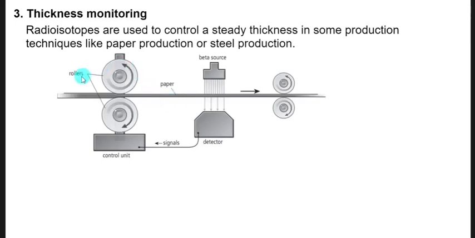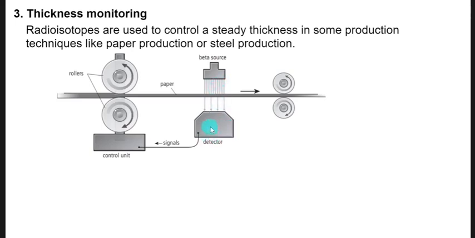Here you have what are called rollers. Then here you have a detector. Then here you have a beta source, a material producing radiation. If paper is coming from this way, it finds rollers. The rollers will press or compress it into a certain thickness. When it passes here, radiation coming from the beta source passes through and comes this side,